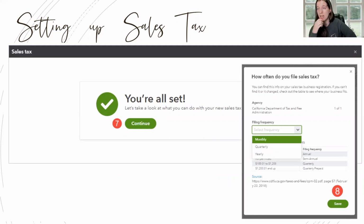just talking about. And when you're setting this up in QuickBooks, you should already have your sales tax account set up. So you would know, okay, I've applied to do quarterly, yearly, or monthly. And then you just enter this to match what you have in your sales tax entity portal or whatever you want to call it. So once you enter that, you will push save, and you can see here on this little sales